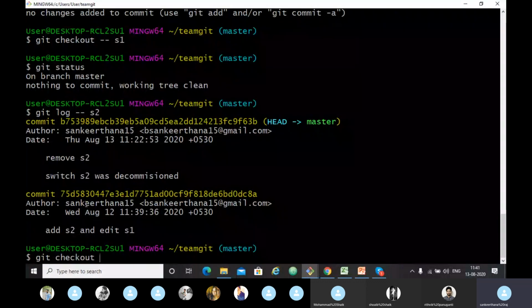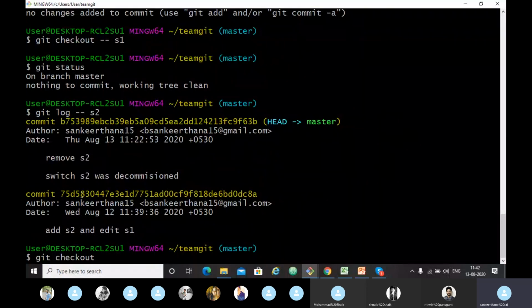The first commit we have made about S2, from that we have to take the hash, not the recent commit. Otherwise we'll get confused about which commit to use. So let's stick with the first commit. What is the first commit we have done for S2? From that you have to take the secure hash. We have to take it from the first commit, not the recent commit, and take the first 5 letters of that.